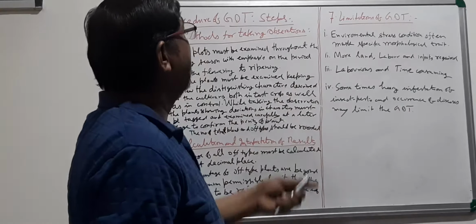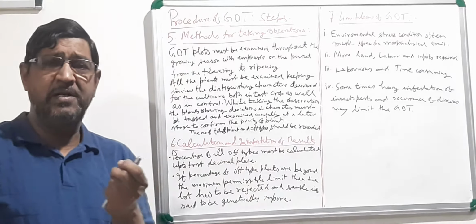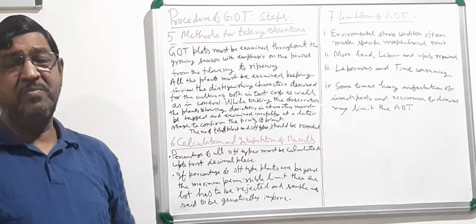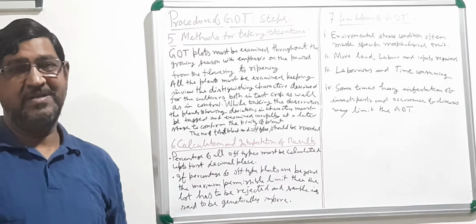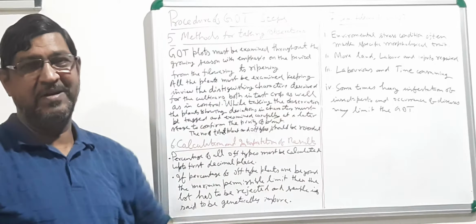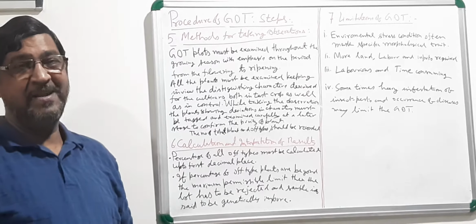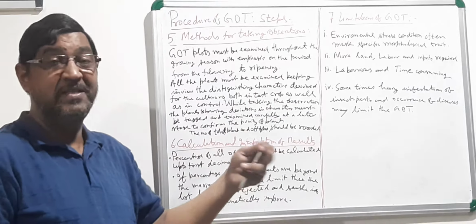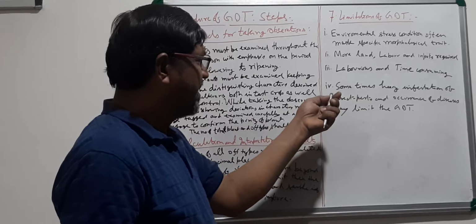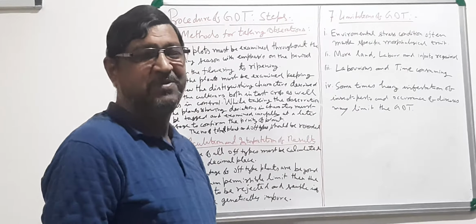What happens with any environmental fluctuations? There are many morphological traits that are not expressed in environmental stress conditions. So you are trying to describe the plants about the descriptor, but you will be confused in environmental stress conditions. This is happening in the field. So environmental stress conditions often mask specific morphological traits. This gives trouble to you.